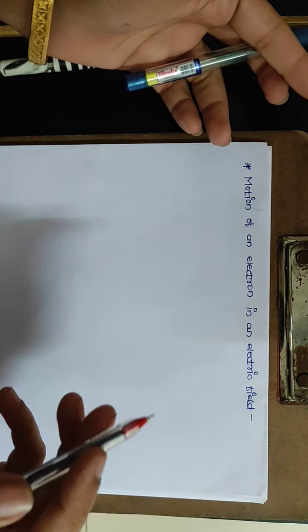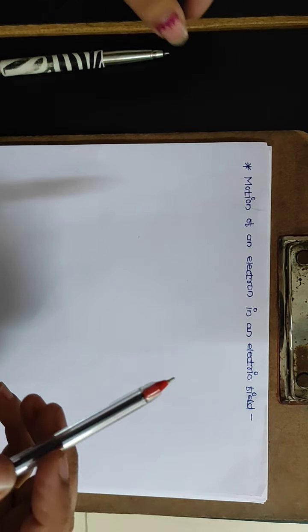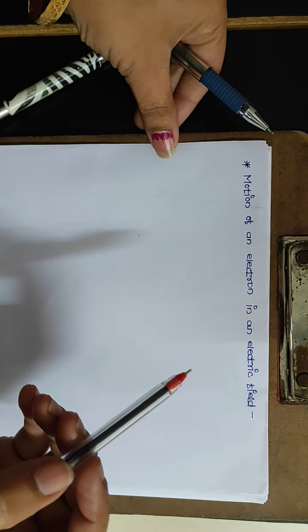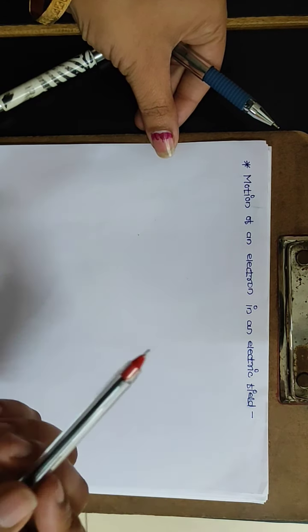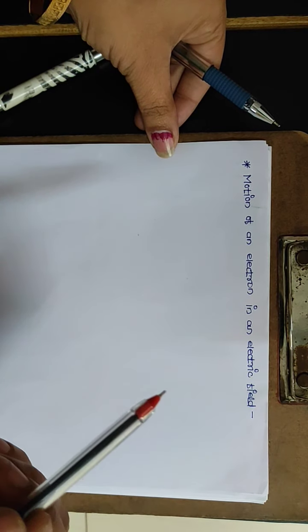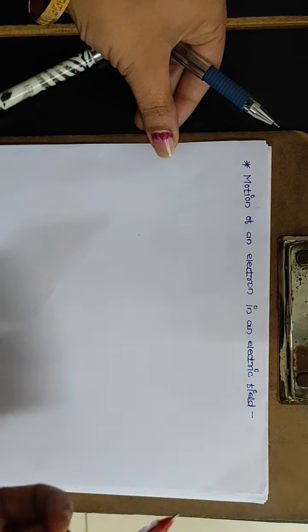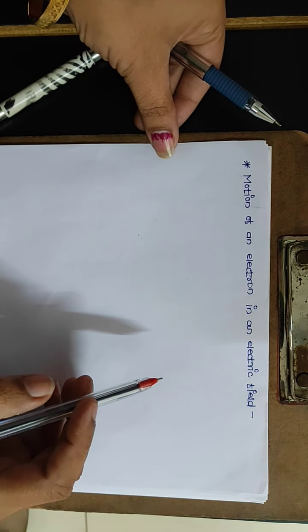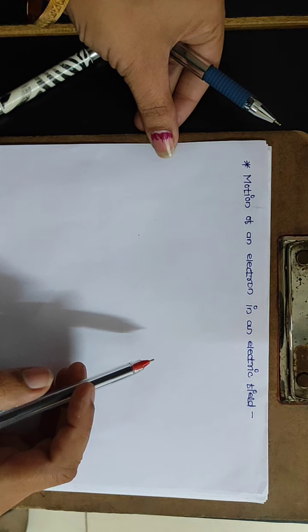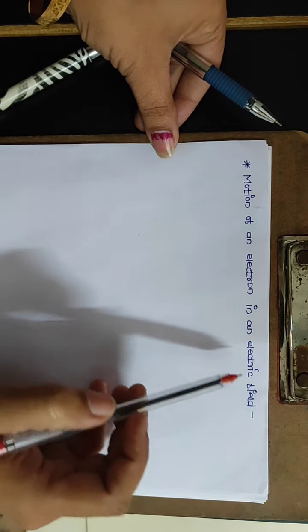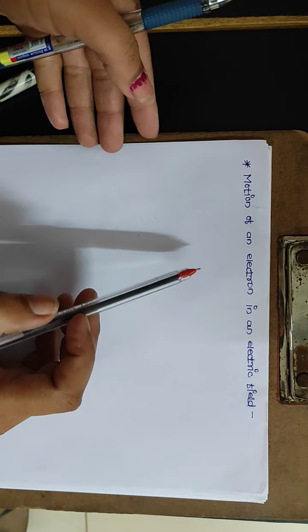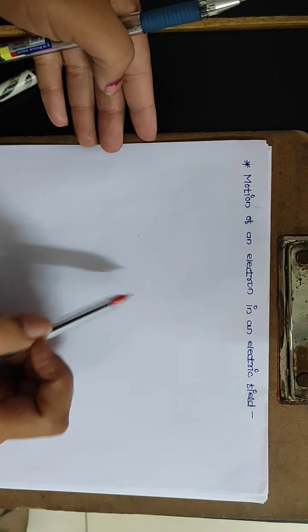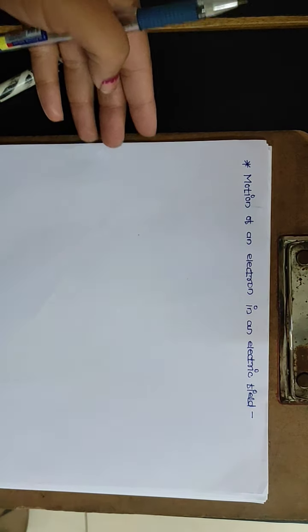In this video, we discuss the motion of an electron in an electric field. It is well known that cathode rays consist of a large number of electrons moving with high speed. Every electronic device consists of electrons. Before commencing the study of any electronic device, it is a must to understand the behavior or motion of the electron under the action of electric and magnetic fields. Here, initially we discuss the motion of an electron in a parallel electric field.